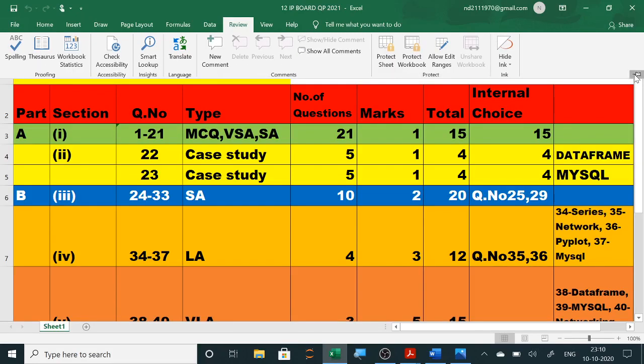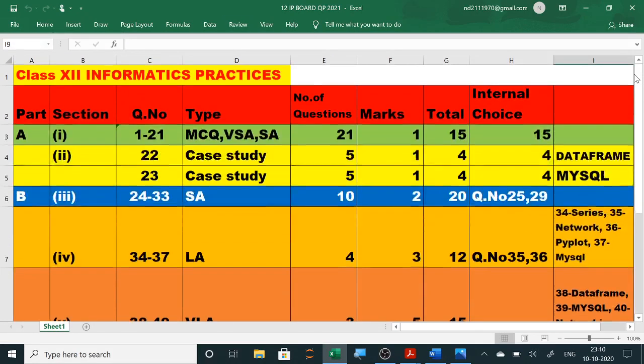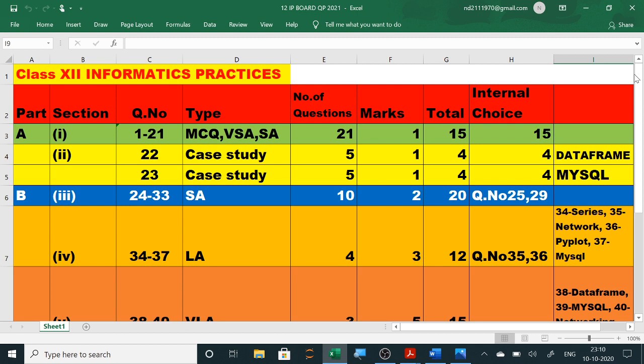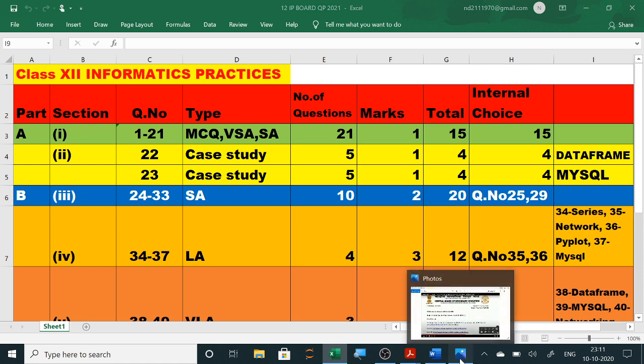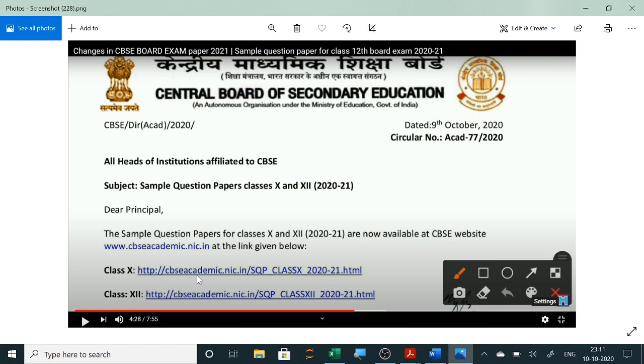Hello students. Now CBSE has published the new sample question paper for you all. So now we will start preparing exactly as the sample question paper has been framed. So new pattern has been this time. So 2021, you can see here in CBSE site. If you go in CBSE site here